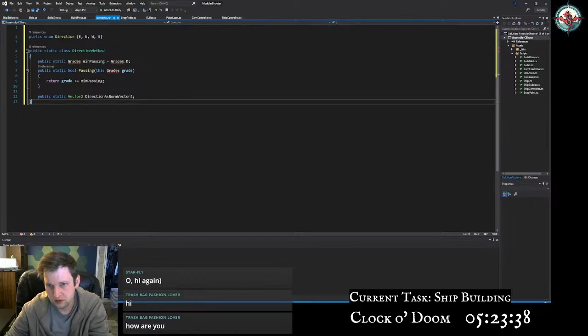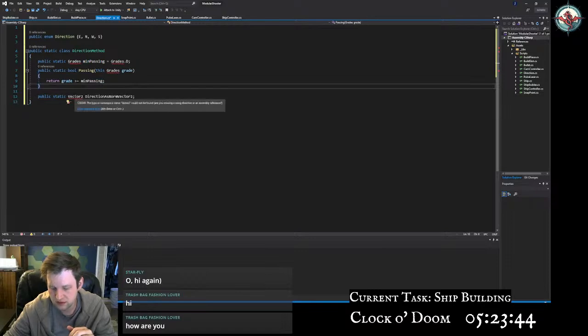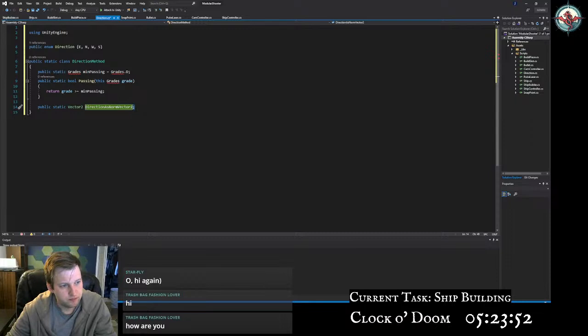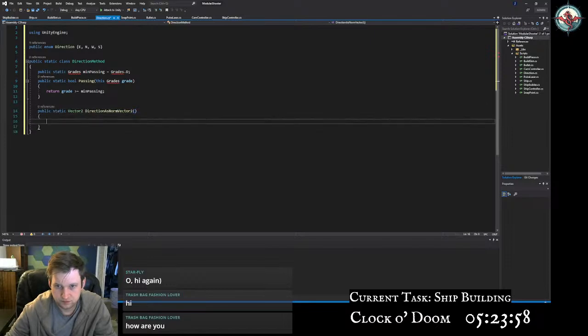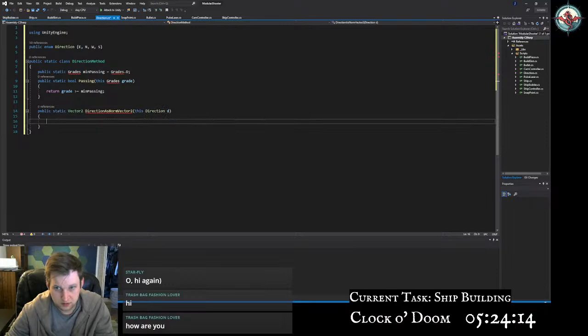Whoops. I think numerics is not the package I wanted. Is it? Okay, so this takes in, this is a little tricky, this direction D. And it will return